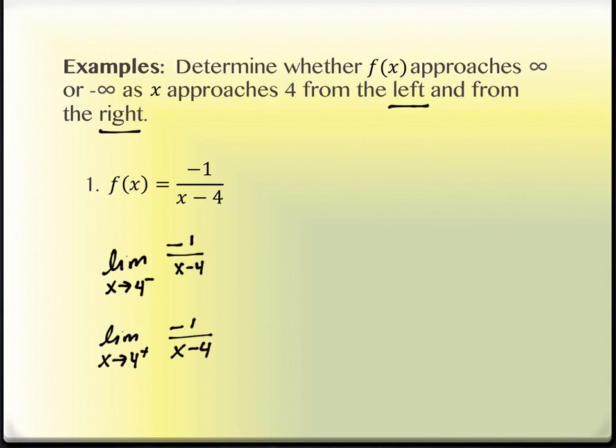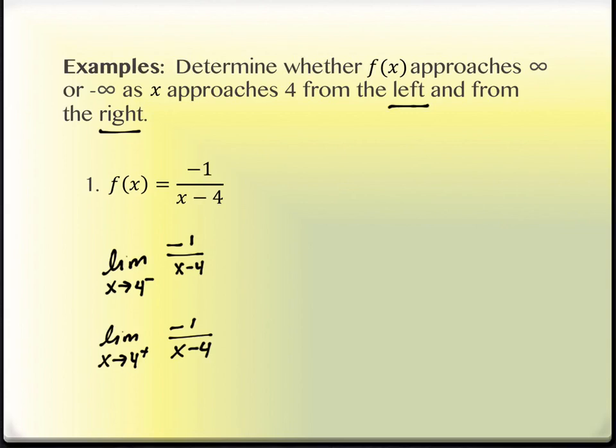Now, in our last section of material in 1.4, we talked about the fact that if we can simply plug the number in, we're good to go. By the very nature of this section, that's not going to be able to happen. We're going to get infinities or negative infinities, which means that when I try to plug in 4 into this, I'm not going to get that working out for me. I have a constant on top, I have 0 on the bottom, right? So I need to figure out what to do when I don't have the ability to plug it in. Well, that puts us back at the other two ways of doing limits. One of them was with a graph, and one of them was with a table, right? I'm going to do a graph on this one because I'm going to do a table on another one, all right?